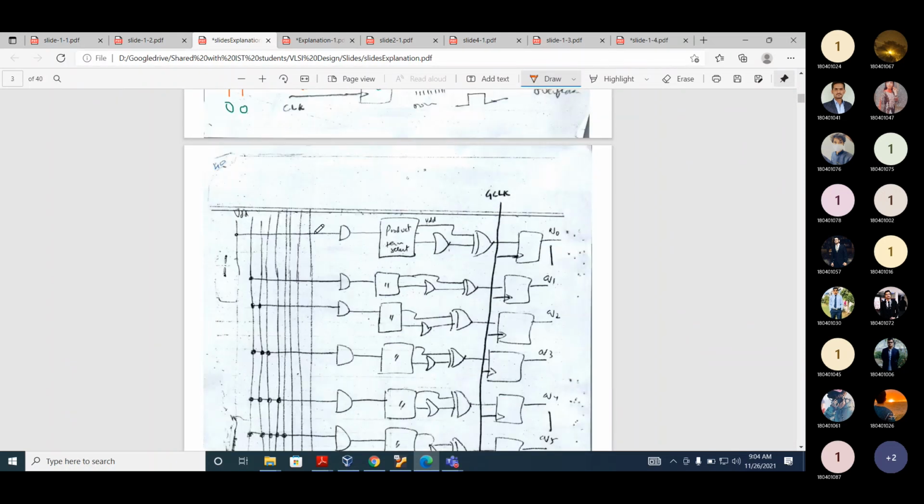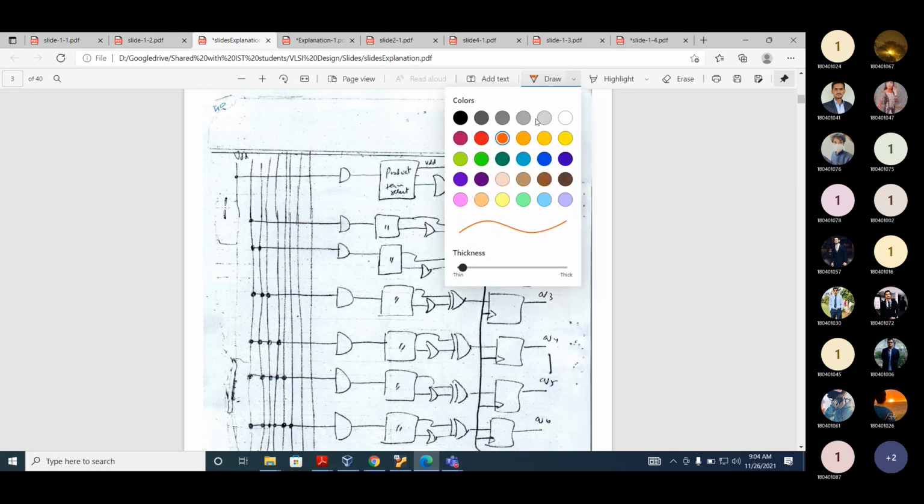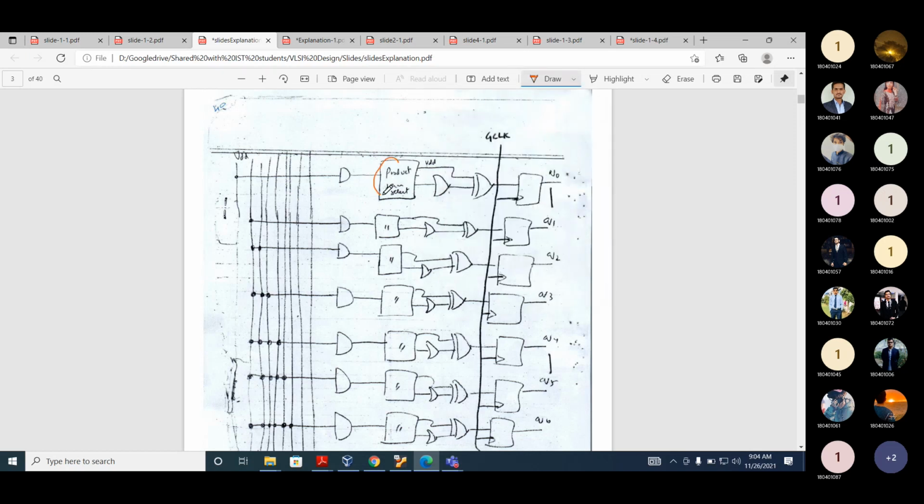Now if you look here in the MAX architecture, this is the product term select. Now this is Q0. In the product term select, from Q0, we will use VDD. Why will we use VDD?